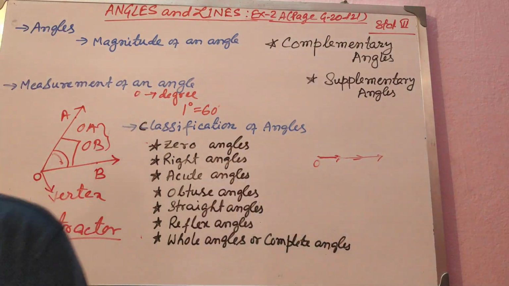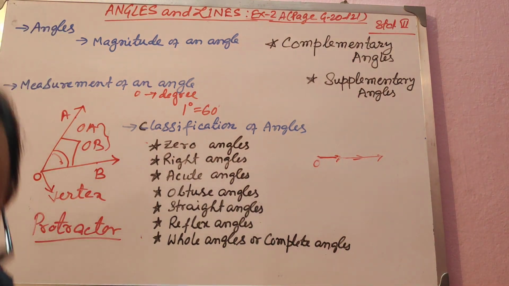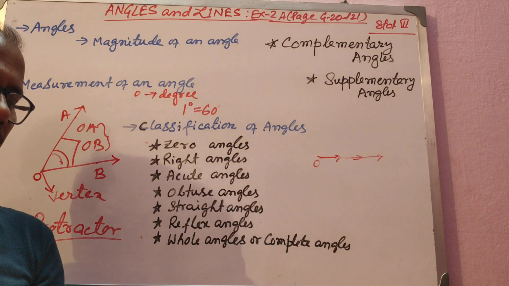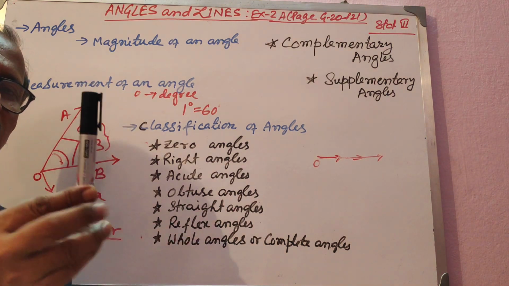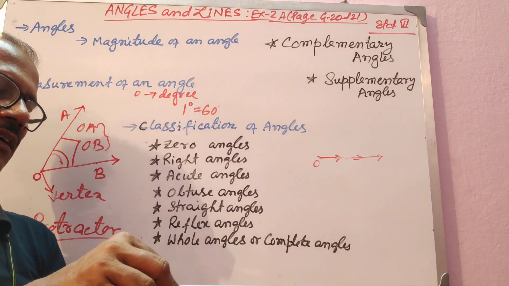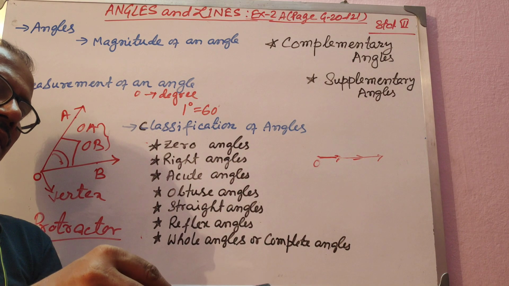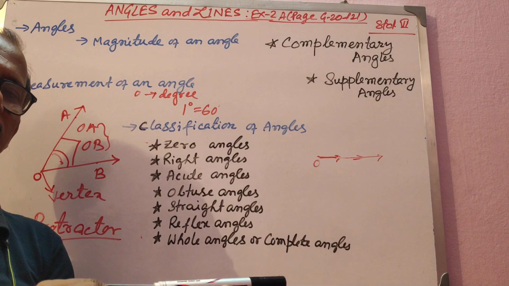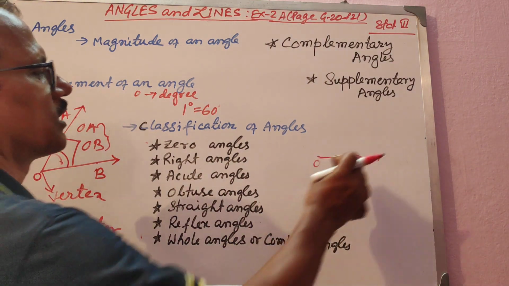Could you understand? I will tell you how the zero angle looks. See, suppose these two are rays. This is one ray, another ray, this is ray B. It has not opened. It has merged with this. So at the intersection point it is forming a zero angle. Could you understand me? That is the zero angle. I have started with the zero angle. That is an idea. Okay, zero angle you understood.